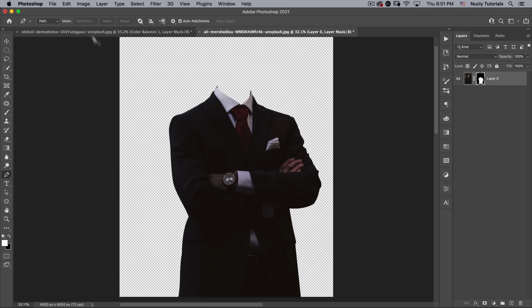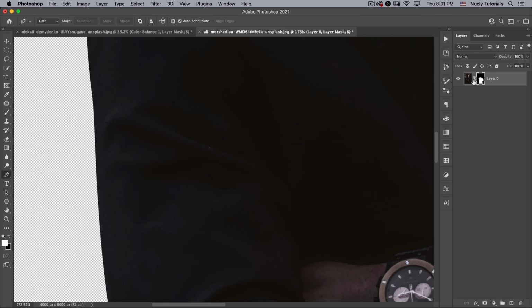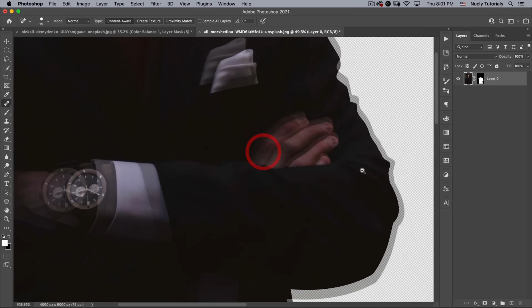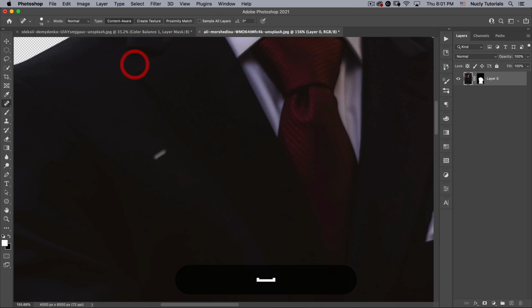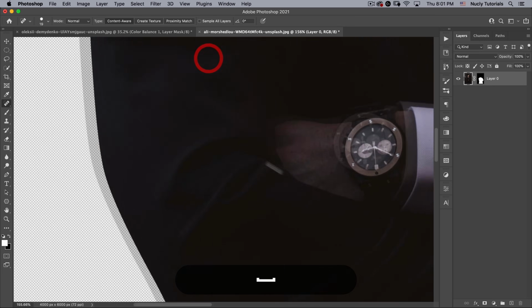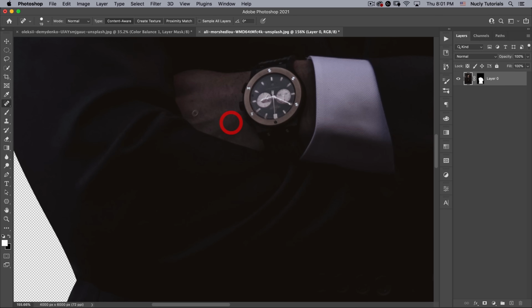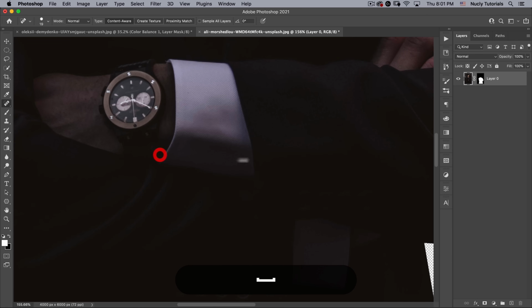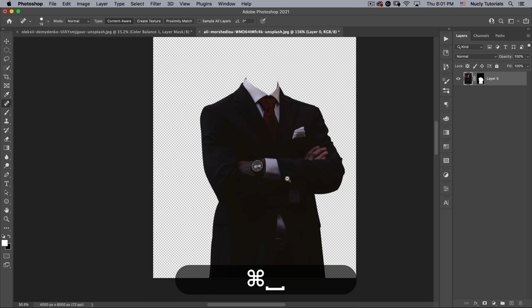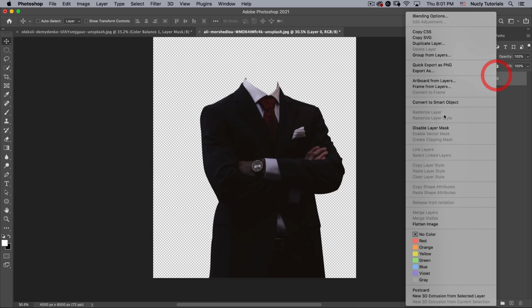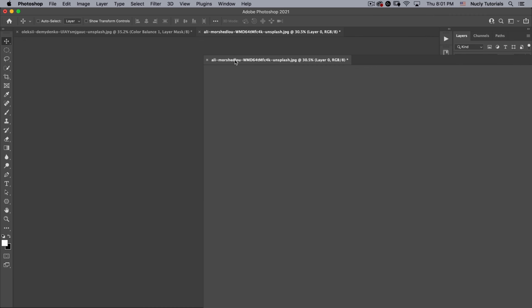Before I go ahead and bring this into my other file, I do want to just clean up a couple spots here. I'm going to go on my main layer, go to my spot healing brush, clean up that spot, just kind of go through here. Make sure there's no other obvious spots. I think those are the main two. Can even get rid of a couple of these spots in its hand. That one there. Okay. All right, so now I can right mouse click, convert to smart object, and then just